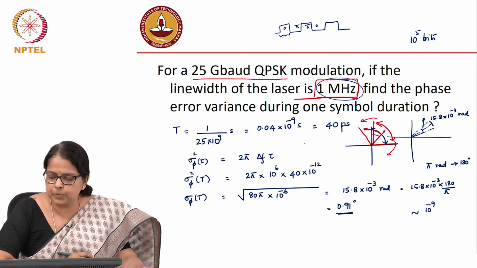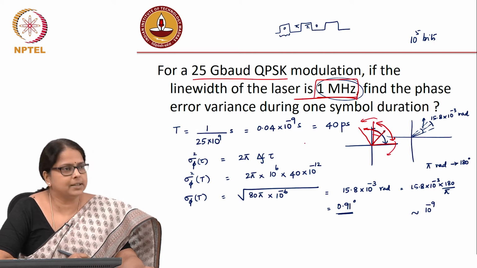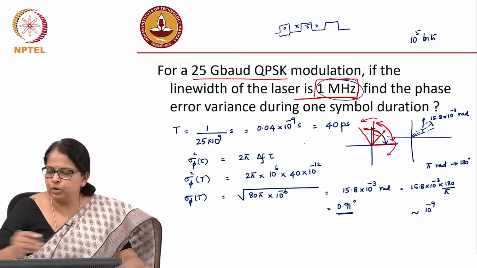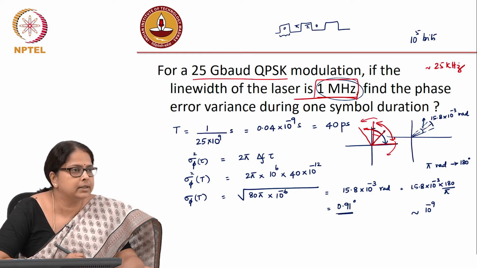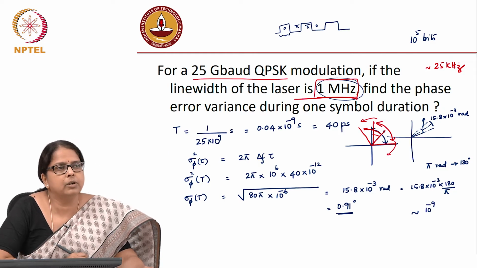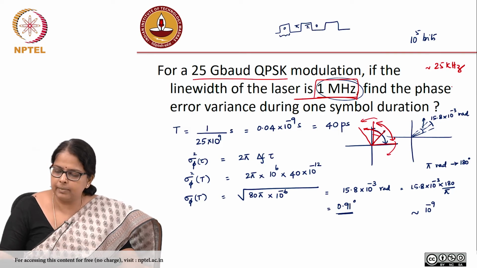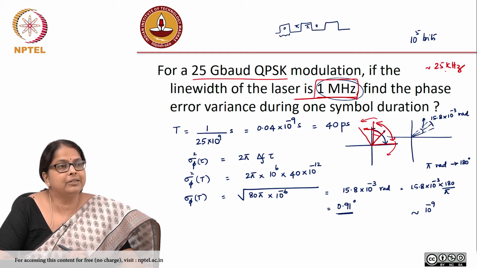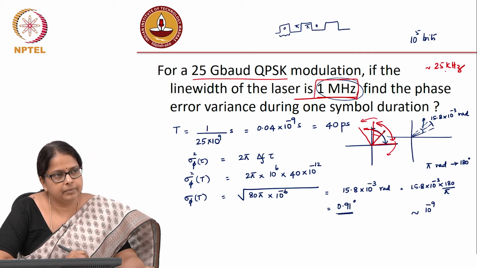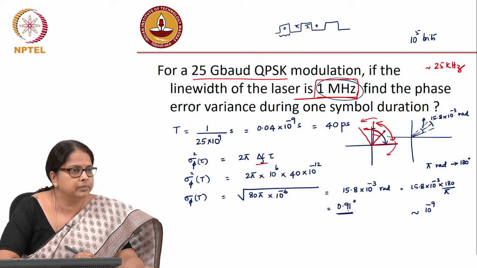So, the first solution to this problem is that you do not use lasers with 1 megahertz kind of line widths. You should use lasers of kilohertz class. What is usually done is a 25 kilohertz to 100 kilohertz laser line width is what is typically used. So, you can reduce this from megahertz. If you bring it down to kilohertz, you reduce this by 3 orders of magnitude, which means this answer, because it is all direct relation, got reduced by 3 orders of magnitude.